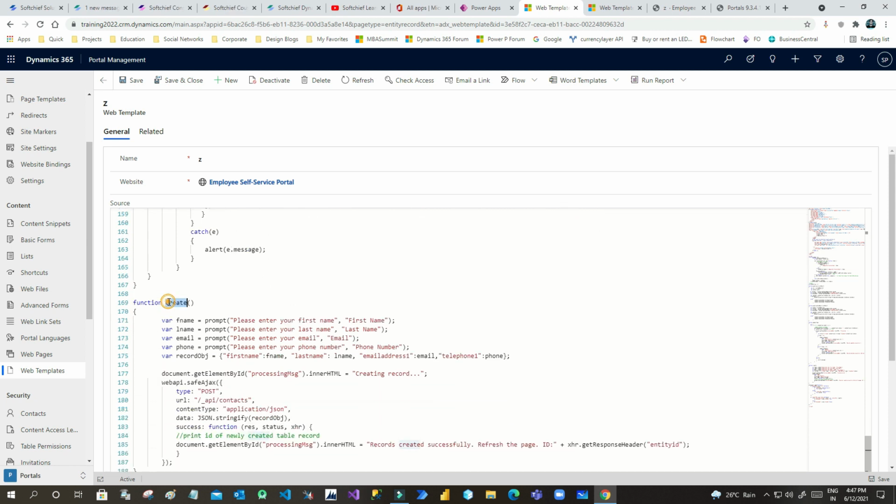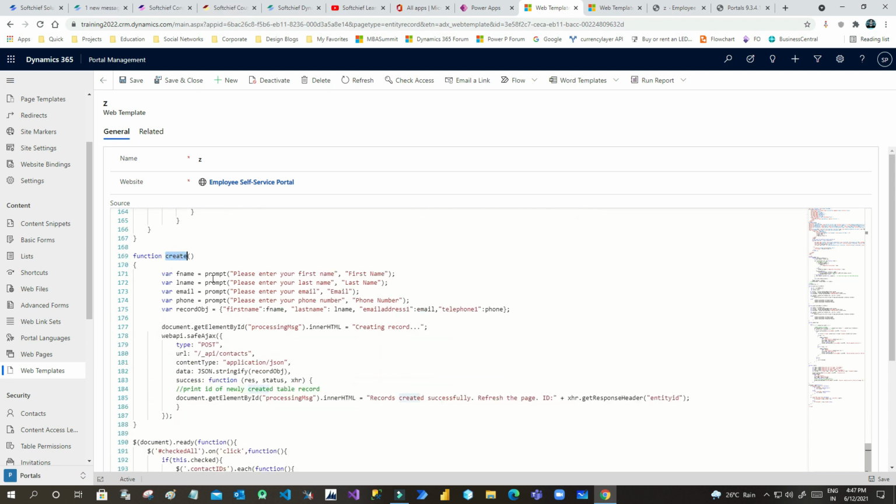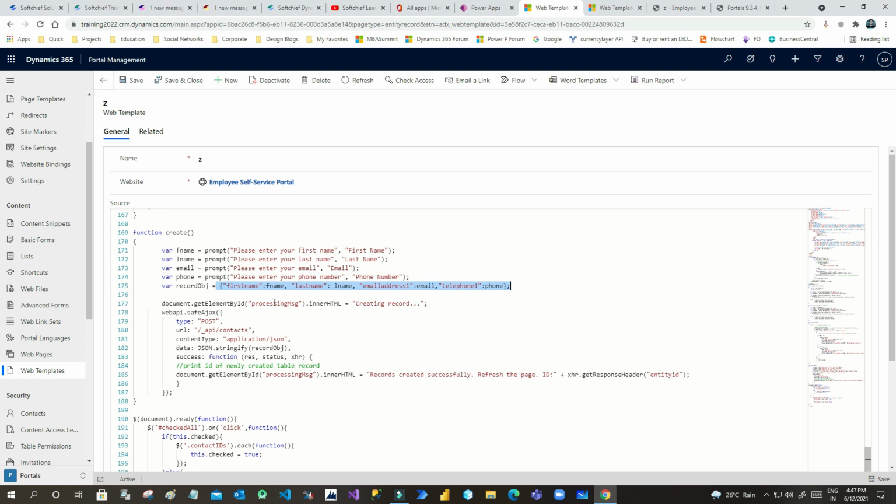Next, create. Whenever you click the create button, it will call this method, and it will prompt for four things: first name, last name, phone number and email. I am storing all the information from the user in these variables, created a JSON variable to store the information, and changed the processing message inner HTML to creating records.